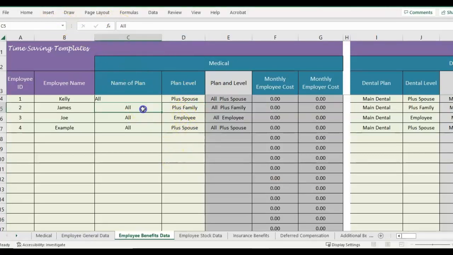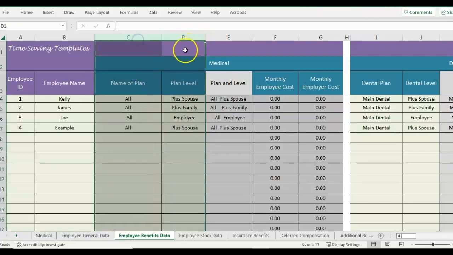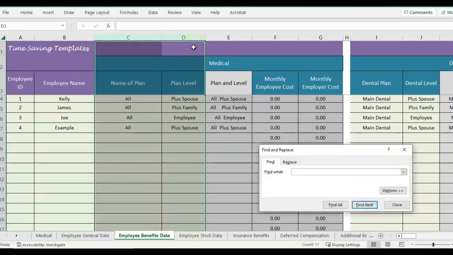Now, if the space was after plan name, if I just click into the cell, I can see it there. But if it's in the front, it's a little bit harder to tell by clicking in it. I have to click up here. So this may be happening, depending on how your data is formatted when you download it from your payroll or your benefits system. It can be hard to remove spaces